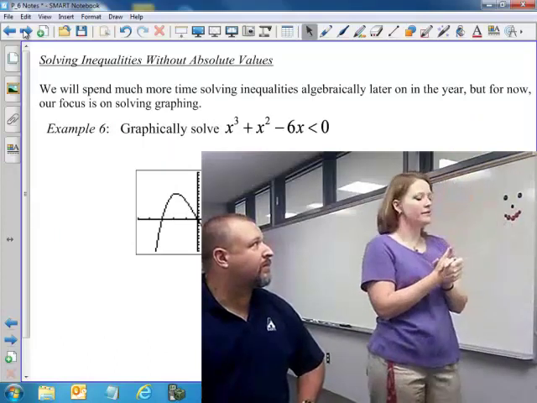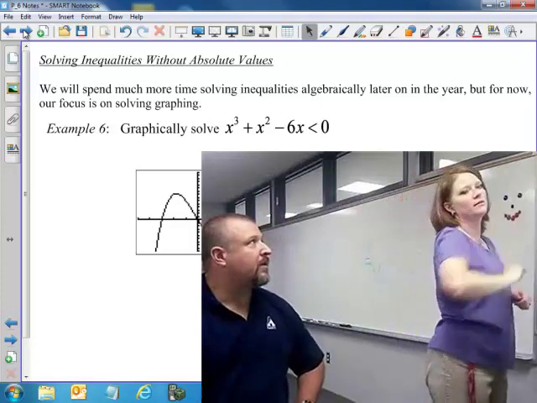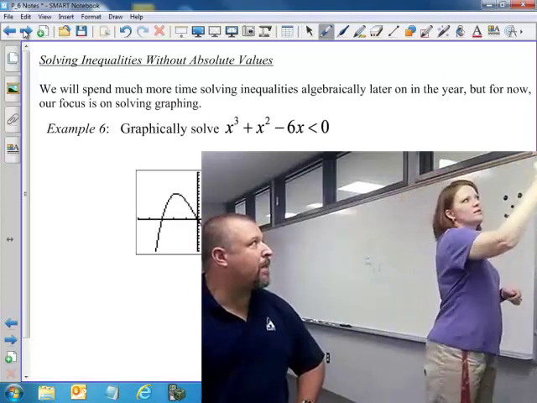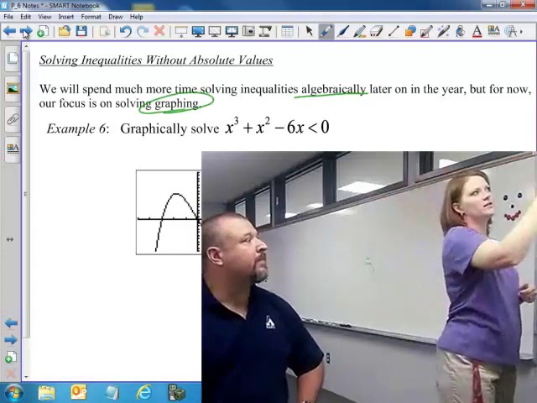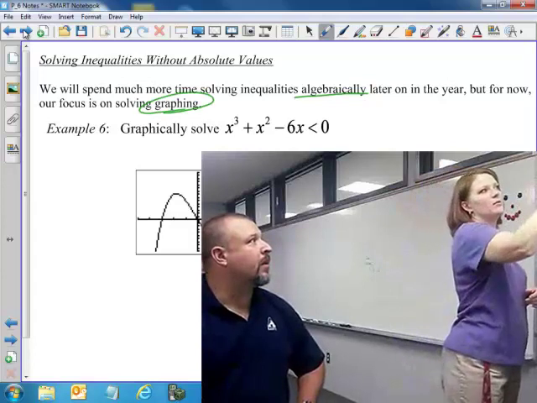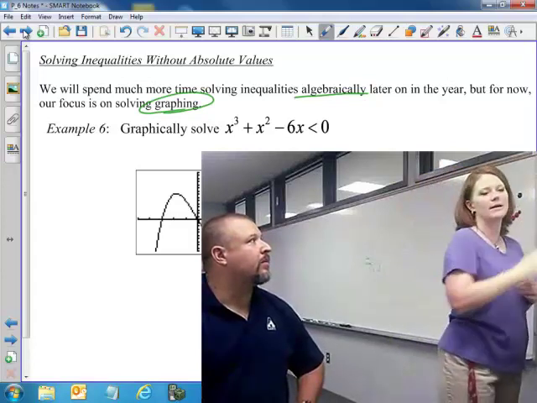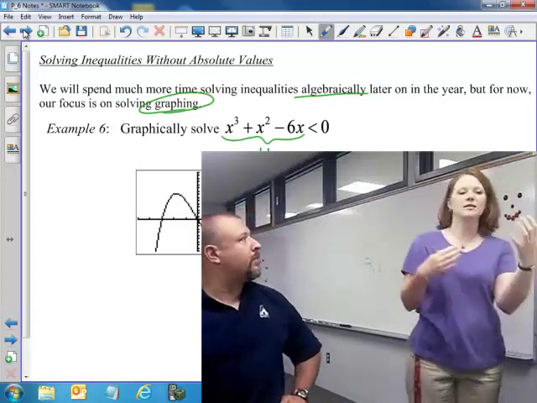All right, so what if we're doing inequalities that are not on absolute value? Well, we're going to primarily focus on this graphically. Later on, we will do them algebraically, just as a heads up. But for right now, we're going to focus on them graphically, and you probably do this again in Algebra 2. So again, if we want to graphically solve when x cubed plus x squared plus 6x is less than 0, what are we saying? Well, if we let this be our y1 and type it in, we want to know when is our y1